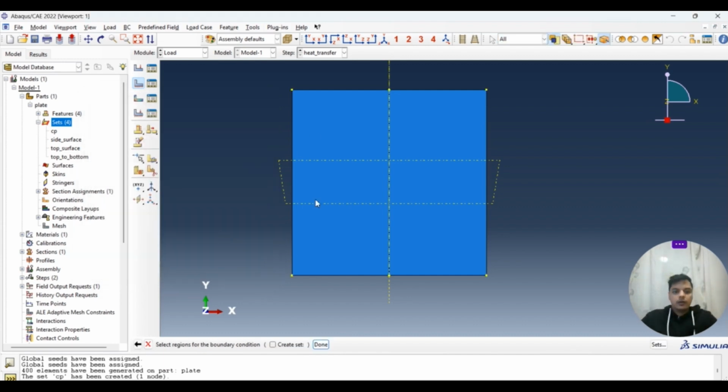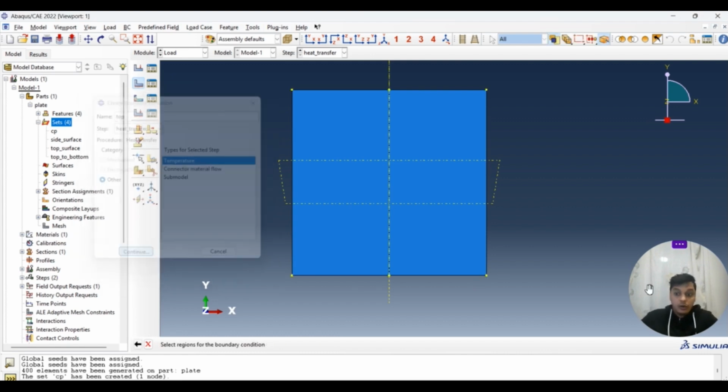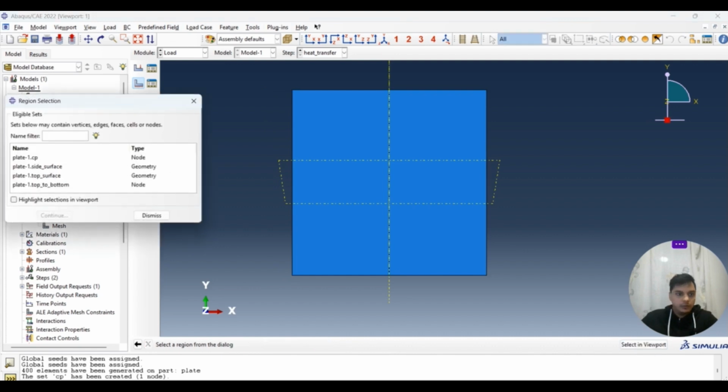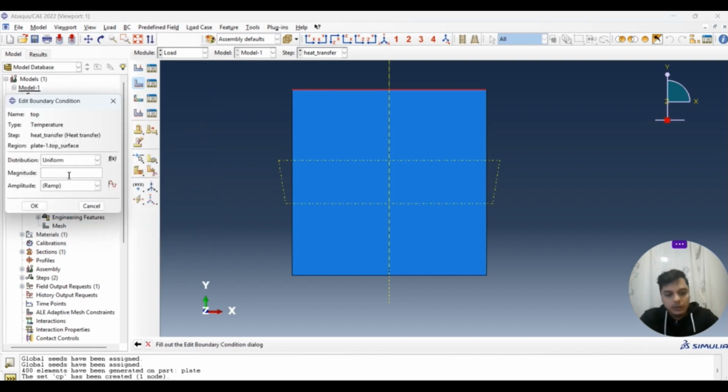The best part is we already have the set defined for it. So simply we go to the set. We have a top surface for it. We can highlight it also. Yes, this is exactly what I want, and I want this as 400 degrees Celsius.